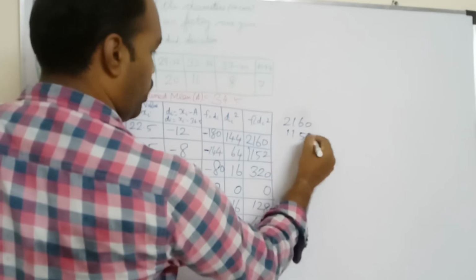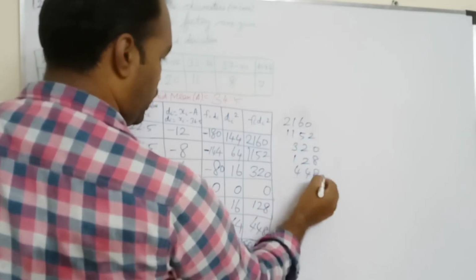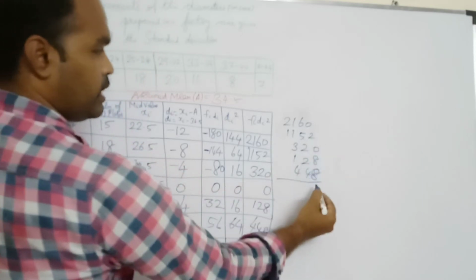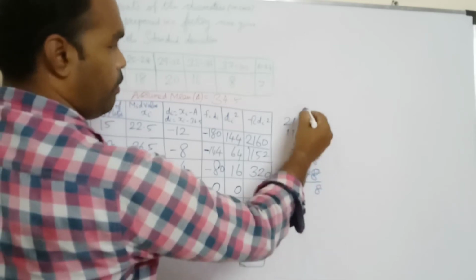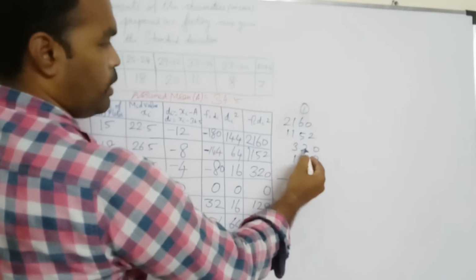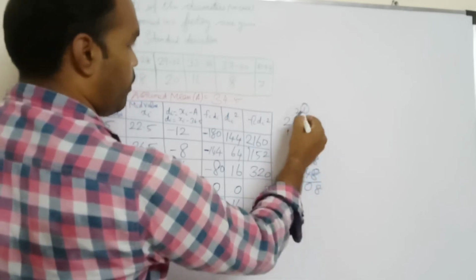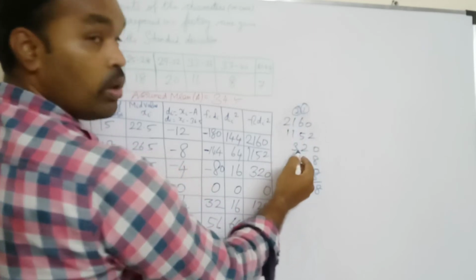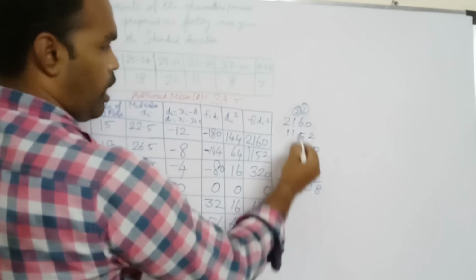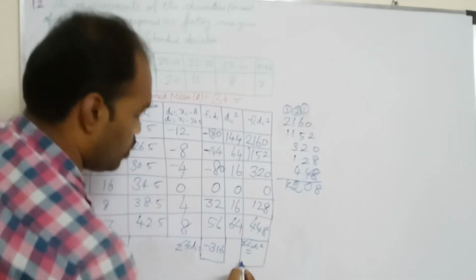2160, 1152, 320, 128, 448. 8 plus 8, 16. 16 plus 2, 18. Balance 1. 6 plus 1, 7. 7 plus 5, 12. 12 plus 2, 14. 14 plus 2, 16. 16 plus 4, 20. 2 plus 1, 3. 3 plus 1, 4. 4 plus 3, 7. 7 plus 1, 8. 8 plus 4, 12. 1 plus 2, 3. 3 plus 1, 4. So,